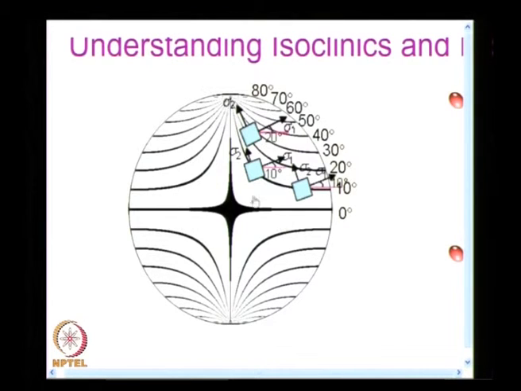In a conventional polariscope, I have to keep it at 0 degrees, 10 degrees, 20 degrees, 30 degrees, and for each of them go and carefully draw the isoclinic sketch. And there is also something very interesting. I will not give you the answer. See, this is a circular disk for which you are given the stress field equation, and you can find out what is the principal stress direction at every point of interest.